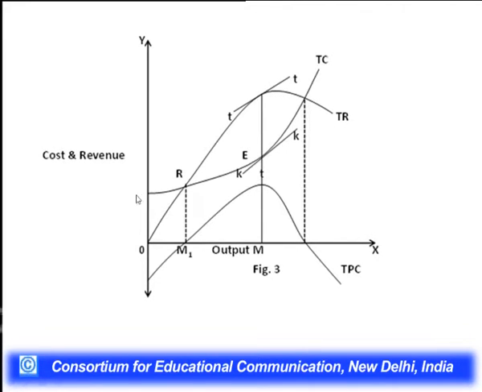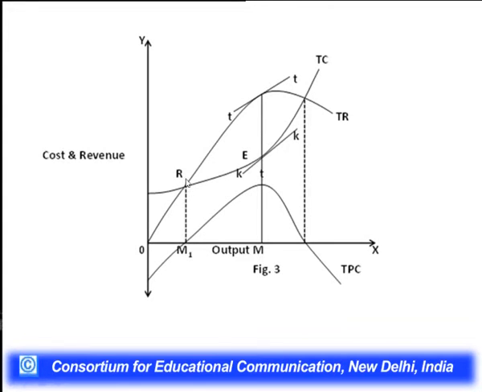The total cost curve does not start from 0 because there is some fixed cost, so it starts from a point above the origin on the y-axis, and it goes on increasing firstly at a decreasing rate and then at an increasing rate. Now at OM1, TR is equal to TC, and this point is the break even point,